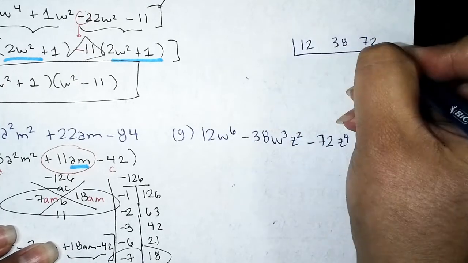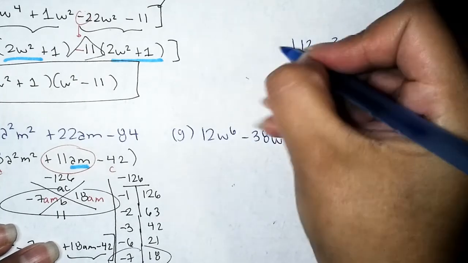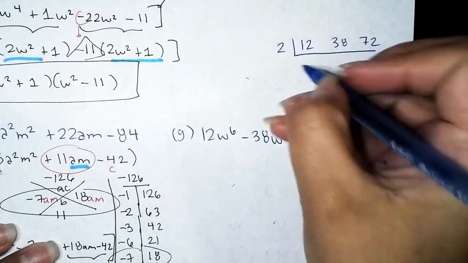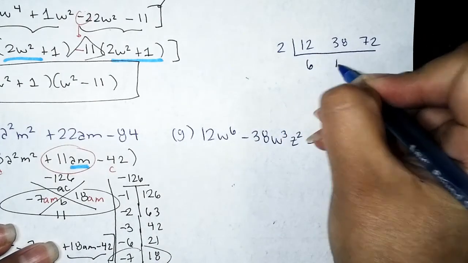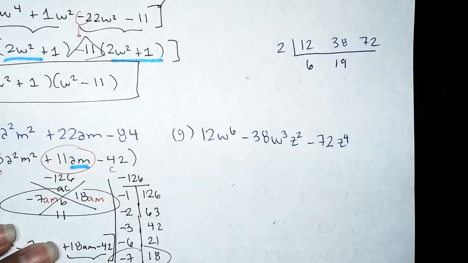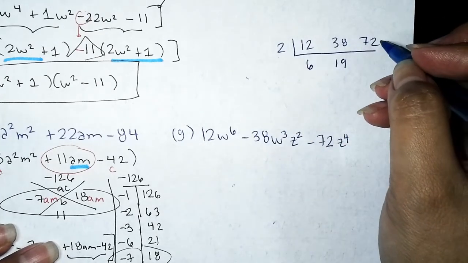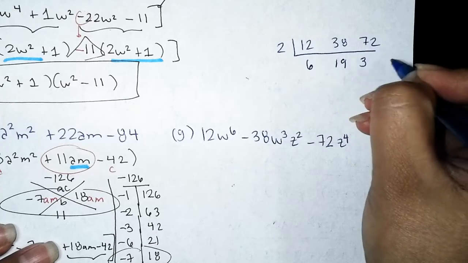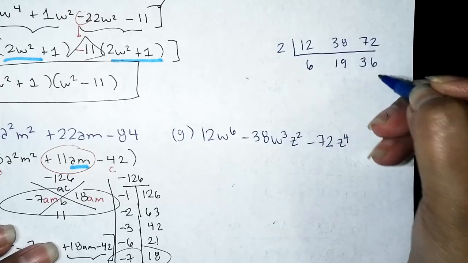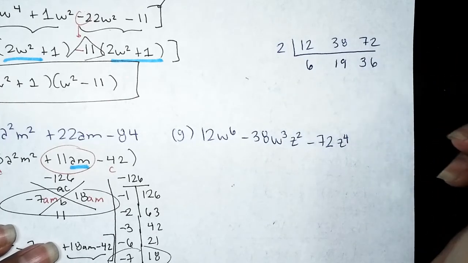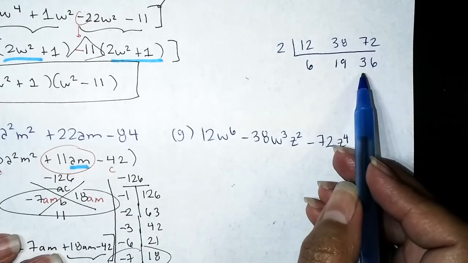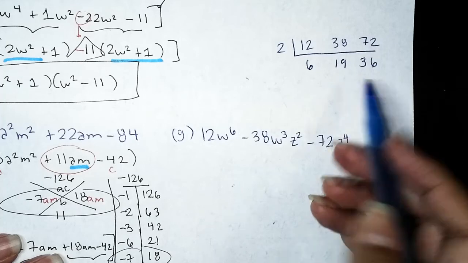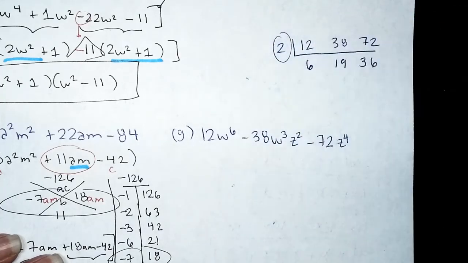They're all even. So let's go ahead, divide by 2. When we divide by 2, 2 goes into 12 6 times, into 38 19 times. Sorry, that's how I was dividing. 2 goes into 72 36 times. I think it's 36 times, but don't quote me on that. Alright, 6, 19, and 36 don't have any factors in common other than 1, so the GCF was just 2